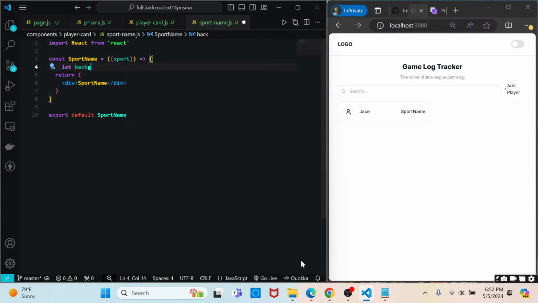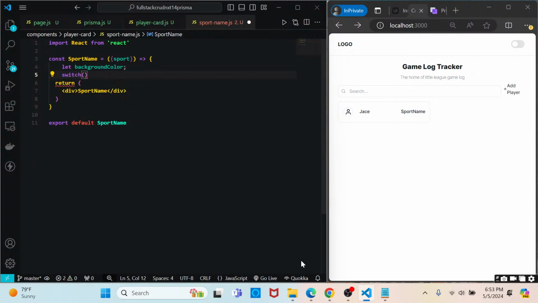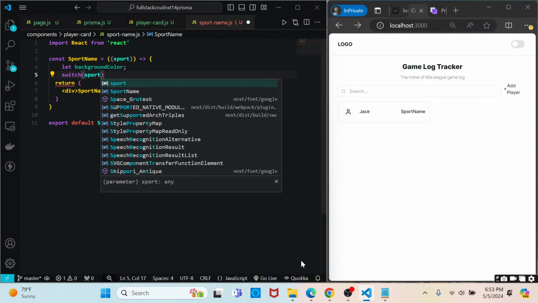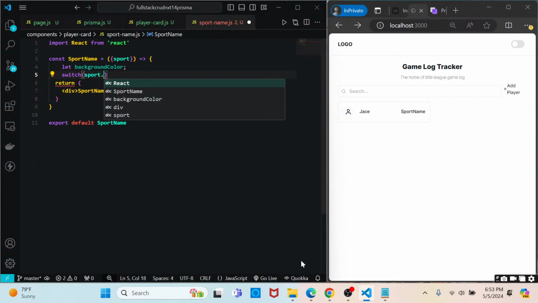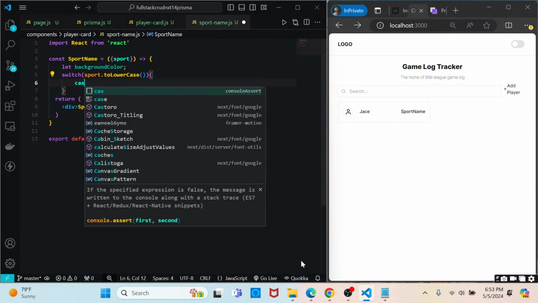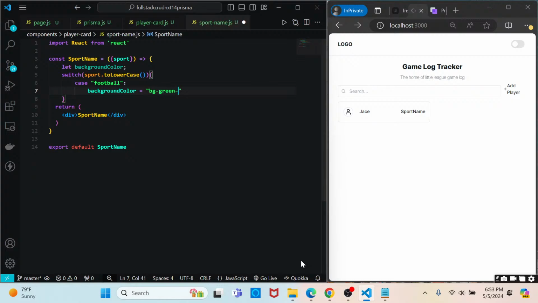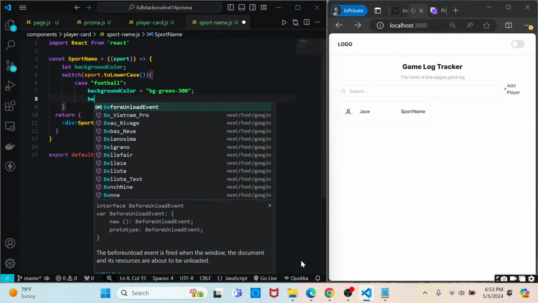So I'm going to start by creating a variable named background color, and then I'm going to create a switch statement, and let's just add in the ability to make sure that everything goes to lowercase. So we'll say to lowercase, and then outside of it, inside of the switch statement, we want to say if the case is football, then we want the background color to be BG green, and we'll make it 300, make it a little lighter, and then we'll say break,